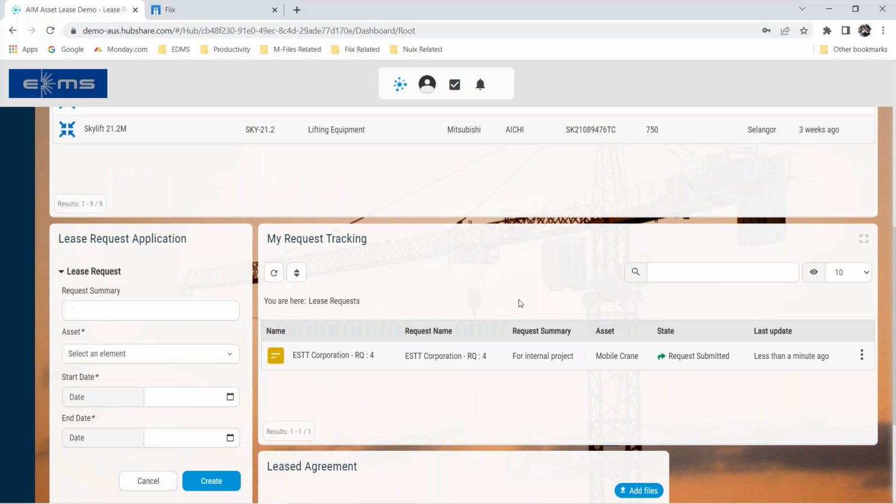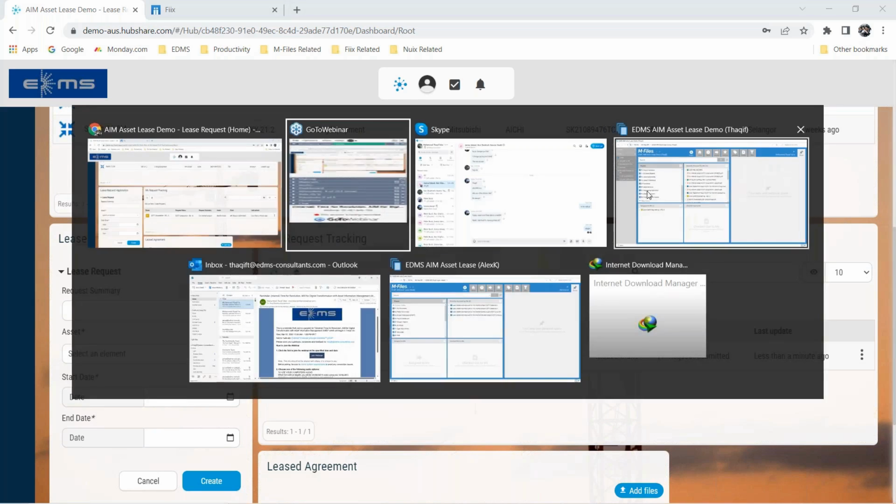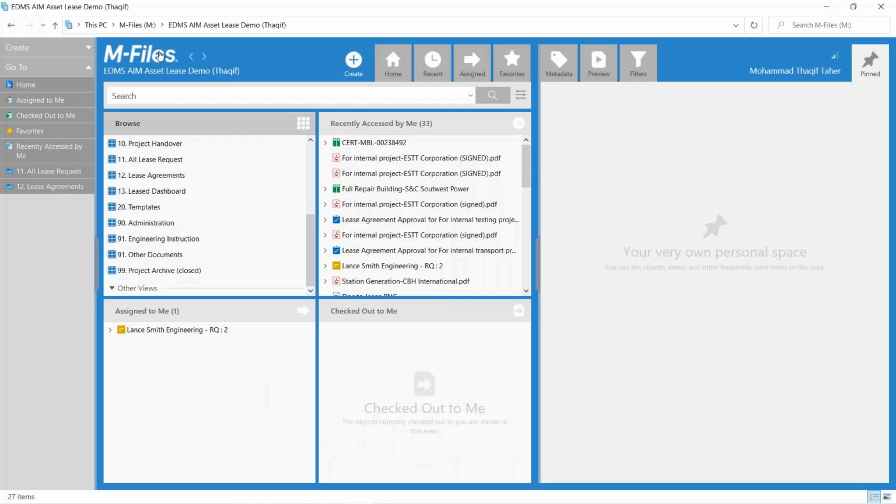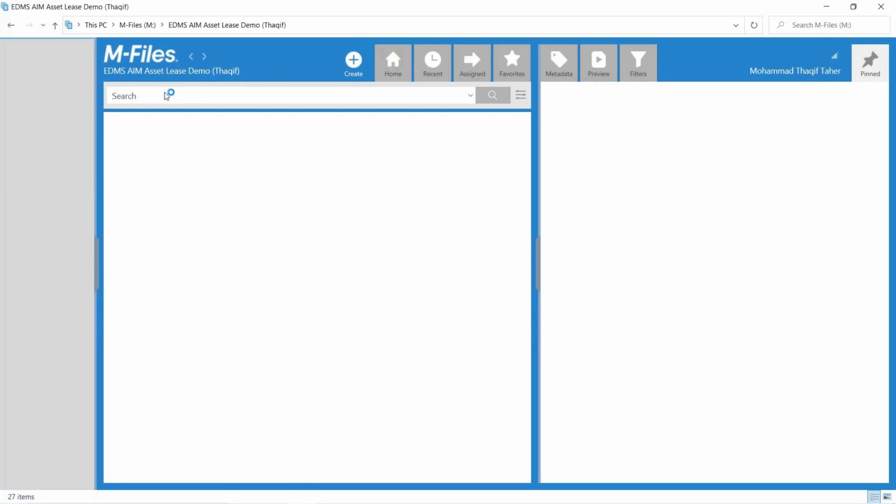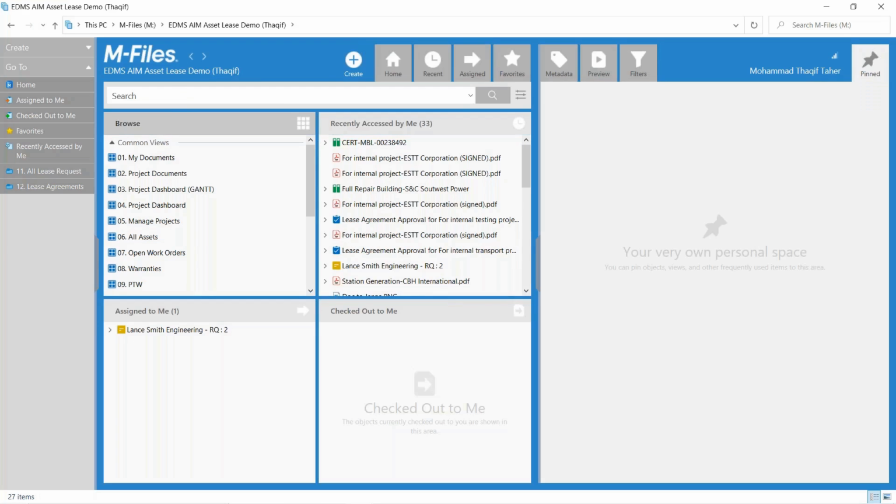As I mentioned earlier, once you have submitted the request, it will then be sent to Mfiles. So let's say that I am the one who should be attending to the new request. I will be logging in as the admin. If I click refresh, and then in Mfiles,